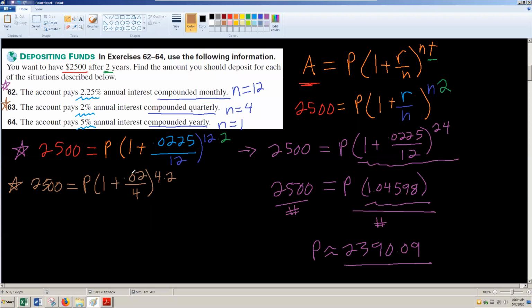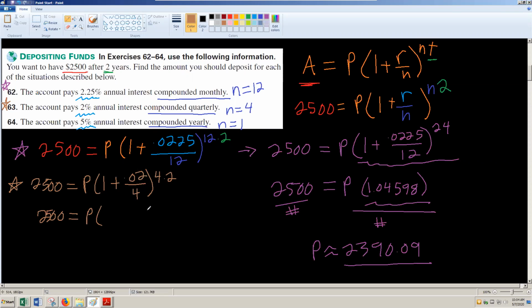So again, the only part of this stuff in parentheses being divided by the period is the interest rate. So don't do the 1 plus 0.02 and then divide that by 4. That's one mistake I see people make. So now I'm just going to simplify this thing. 2500, whoops,